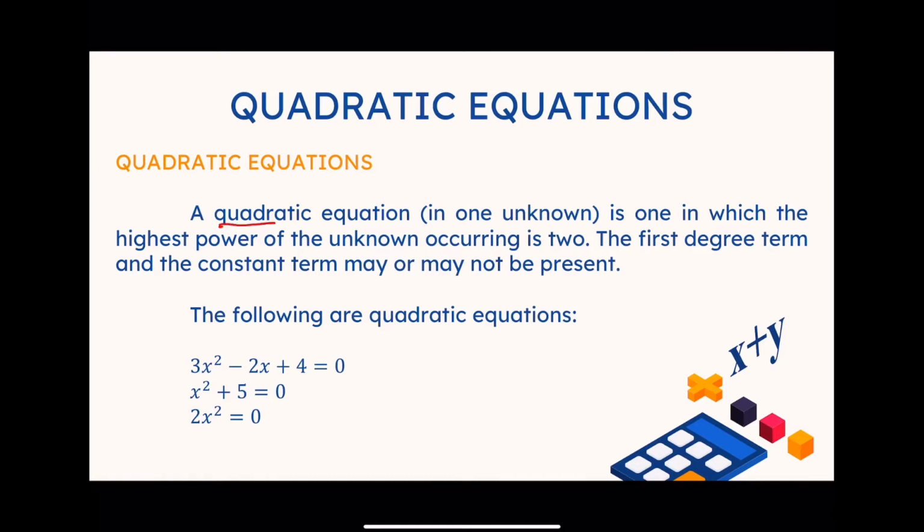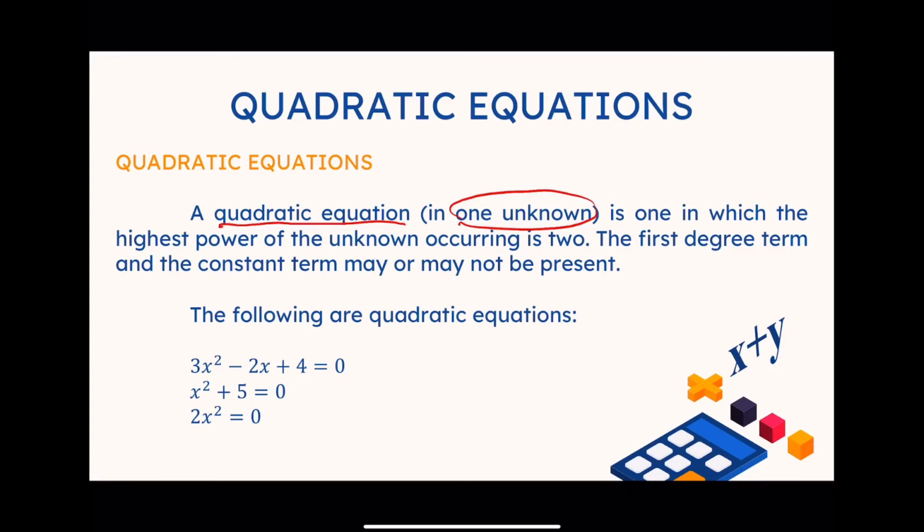We will be talking about quadratic equations in one unknown. That means there will be only one type of variable, or only one type of unknown that would occur in your equation, and that is your quadratic equation in one unknown. It's possible for you to have quadratic equations with two unknowns in them. That's still considered a quadratic equation, but for this series of videos, we will be talking about quadratic equations which only